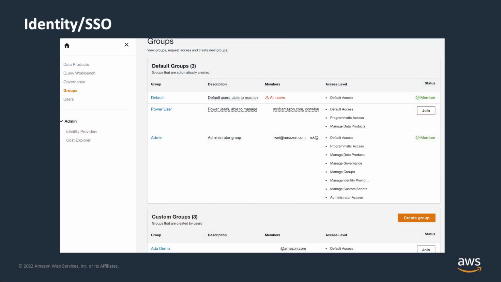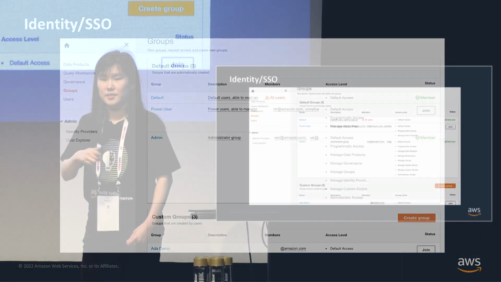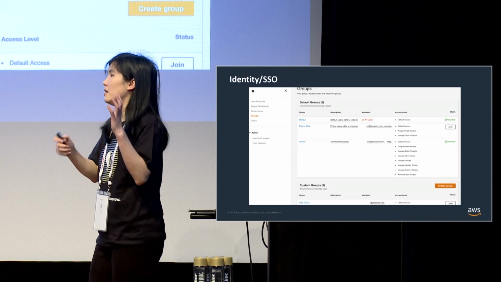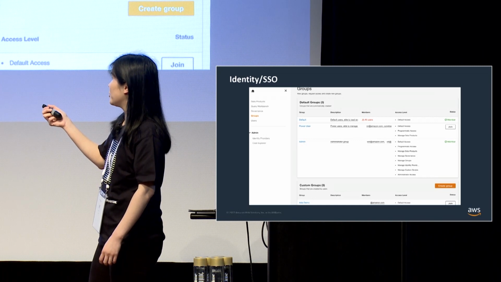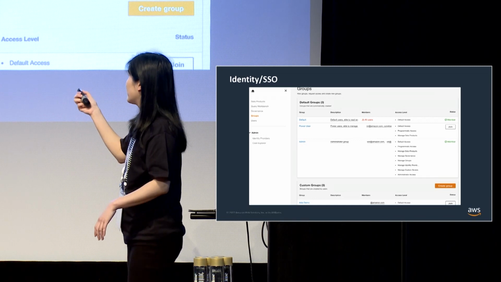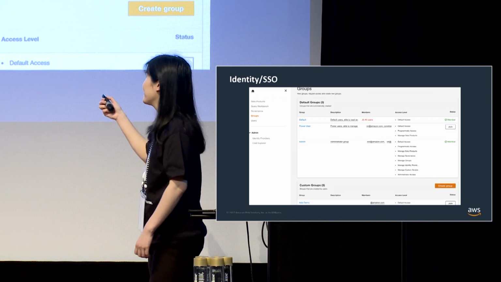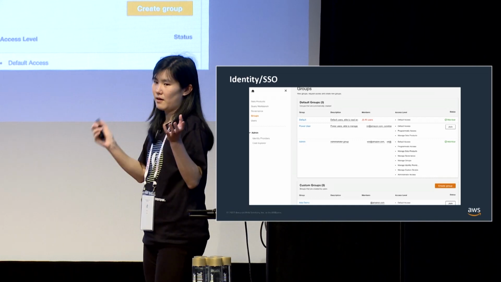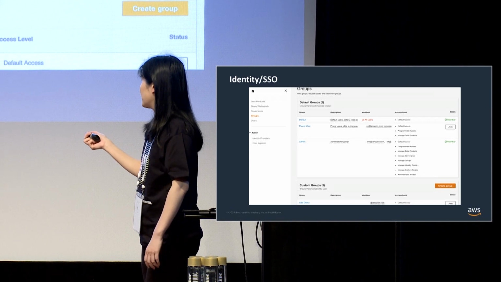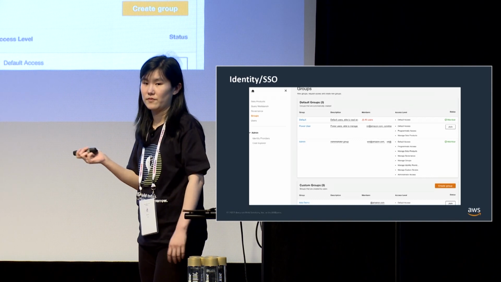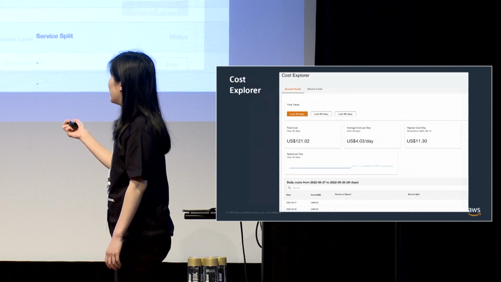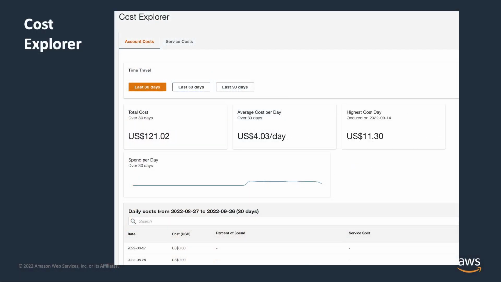So that's the original menu. We've done data products, we've done the query workbench, we've done governance. So we're doing a bit about identity provider now. Ada can connect to your existing data identity provider, so you can federate them into Ada and manage your users here, and you can set them up into groups. Out of the box, we have 3 groups set up for you with different access levels. It's up to you how you manage it. You can also set up custom groups based on your different use cases and give people access to different things. Fairly straightforward.